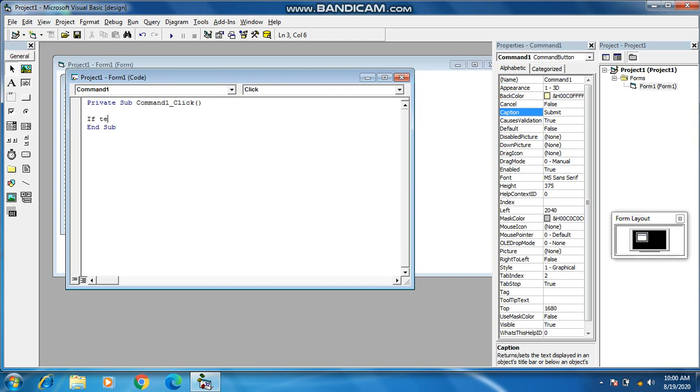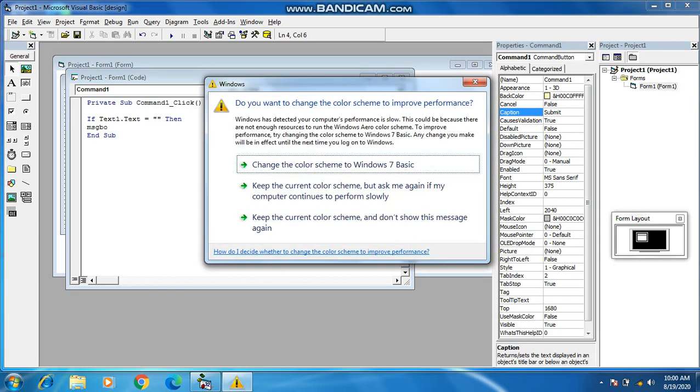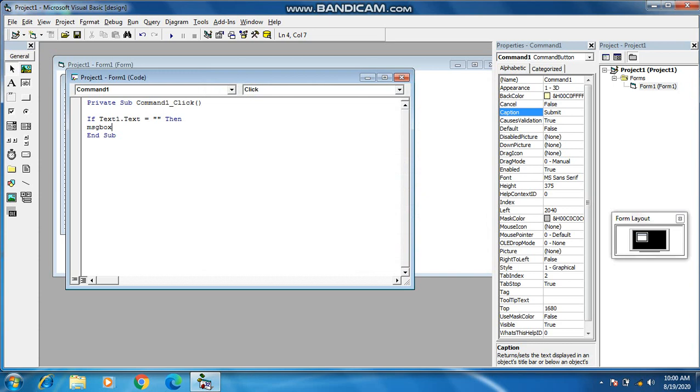If Text1.Text, that means if there is any text in the text box, equal to blank, then if Text1.Text equals blank, then MsgBox "You cannot leave this box blank".